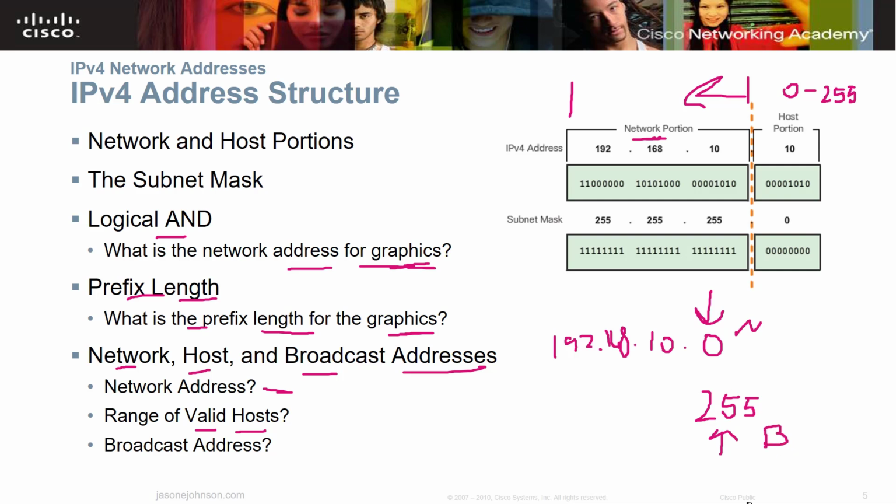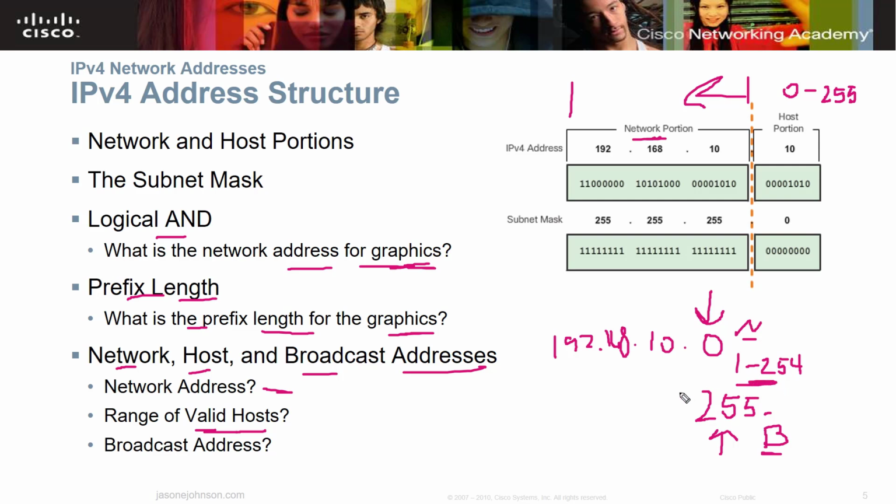So just so you get that concept down, you'll get that in your reading as you go through the material for Chapter 7. I'm just reiterating that in the presentation here. So your valid range of hosts is 1 to 254. I've got a separate video on subnetting where I talk about network ID, broadcast ID, and valid hosts in much more detail. I'm just wanting you to understand that your network ID is your first one, your last one is your broadcast, and everything in between is your valid host.